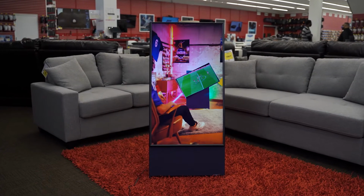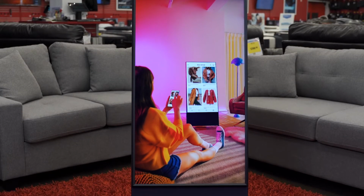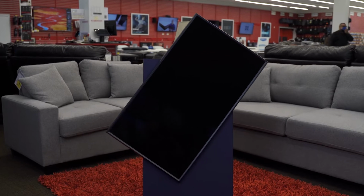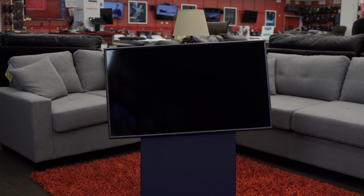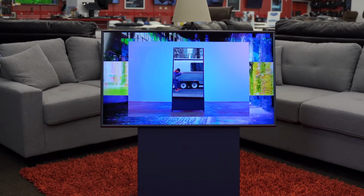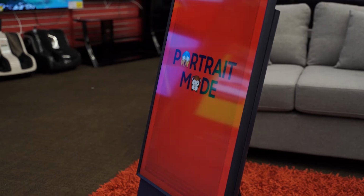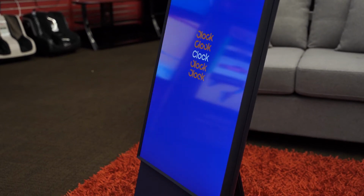With the Samsung Sero, you can enjoy various content, including social media, YouTube, and personal videos, right on your TV. The display orientation technology connects seamlessly with your mobile devices to smoothly and naturally display content in traditional horizontal and vertical formats. At the heart of the Samsung Sero is the incredible 3840 by 2160 resolution QLED display with Quantum